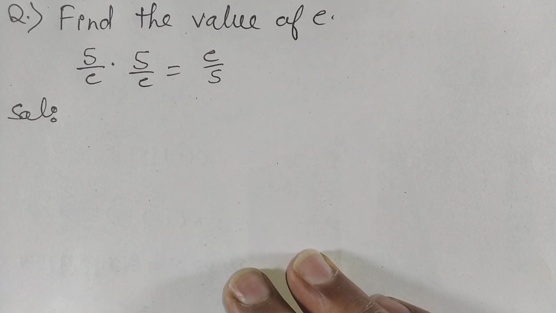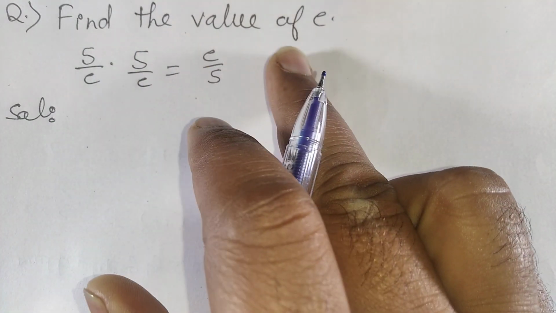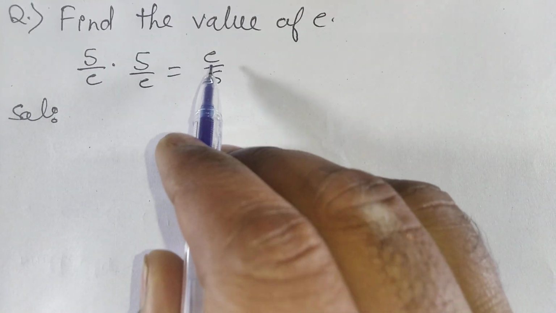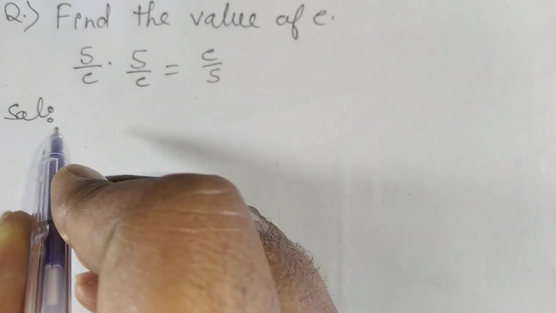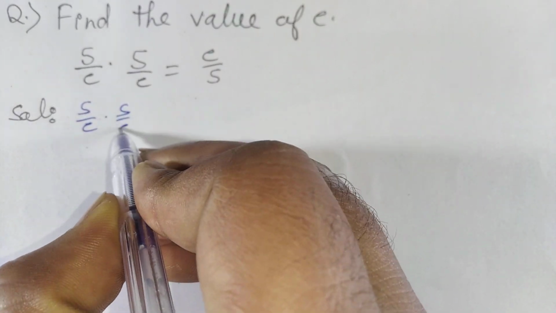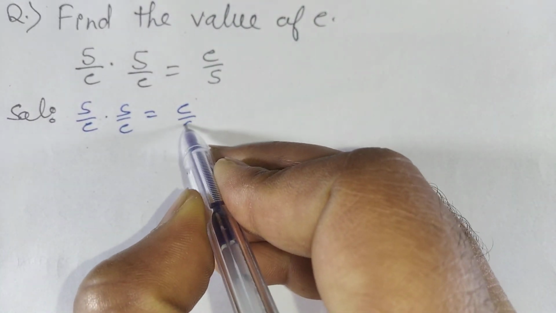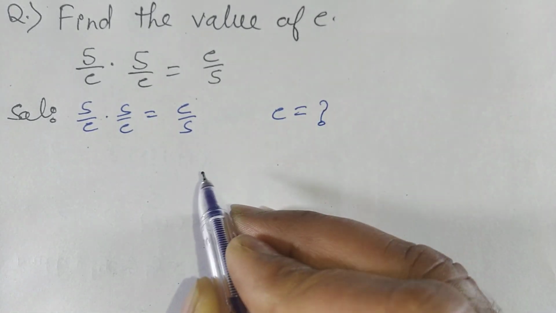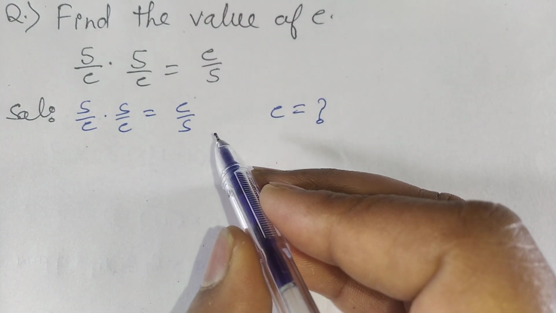Hello friends, our question is: find the value of c from the expression 5/c times 5/c equals c/5. Now on solving this problem, 5/c times 5/c is equal to c/5. We have to find the value of c. Now on solving this again,